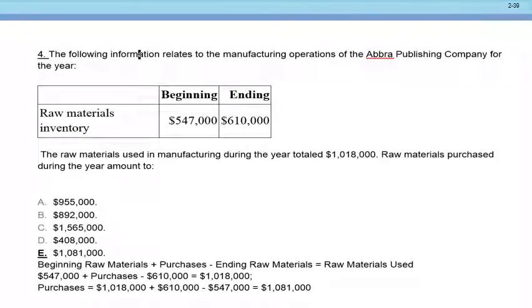And now they're asking us what? Again, you look for what the question is asking you, and I'm not going to try and write on that because as soon as you touch the screen, it wants to advance. But we have question number 4 here. Okay, and they're asking me the raw materials purchase. So as I said, your first step in these questions is always make sure you know what account they're asking you to analyze. So in this example,